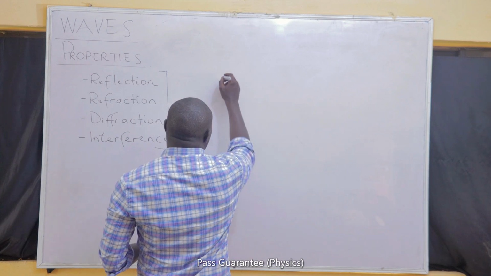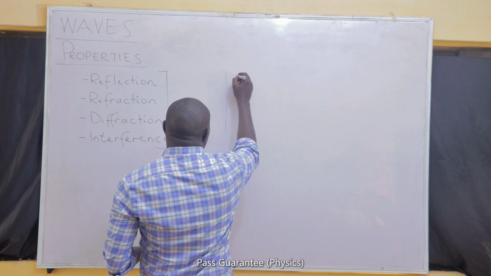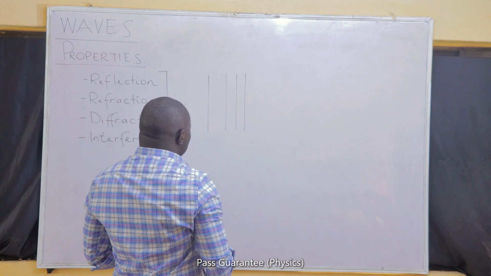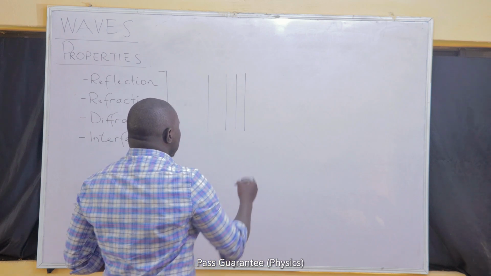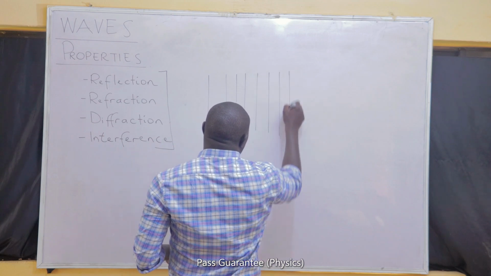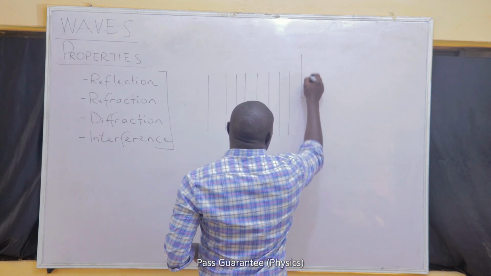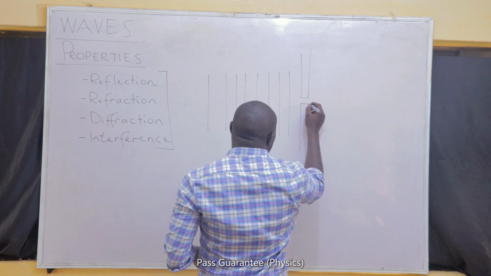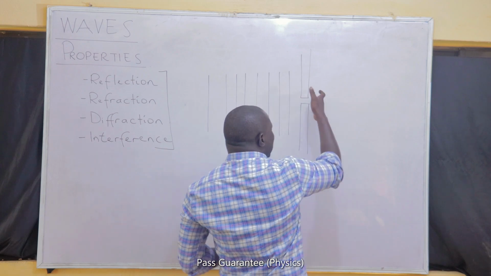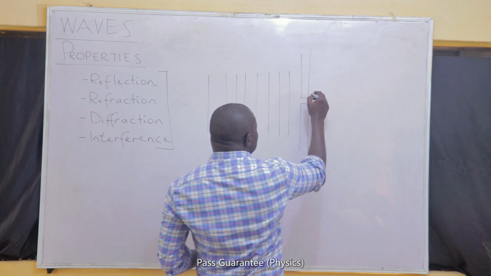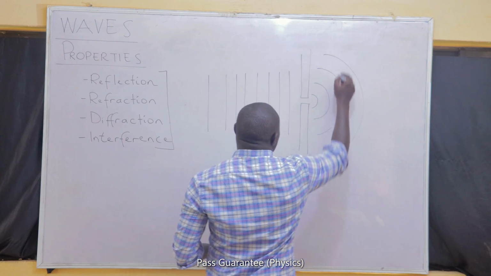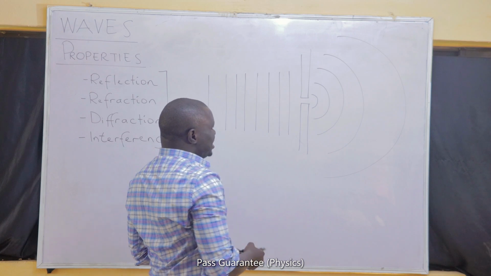If, for example, we have a wave that is set up by dropping a straight object, like a plank, on the surface of water, we now have a straight waveform. Then, just around the path of that wave, you place an obstacle that the wave will have to pass through. It is possible that in passing through that obstacle, the pattern of the wave will change. When that takes place, we say that the wave has been diffracted.